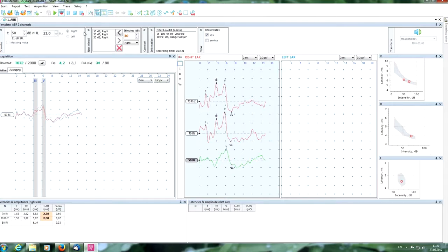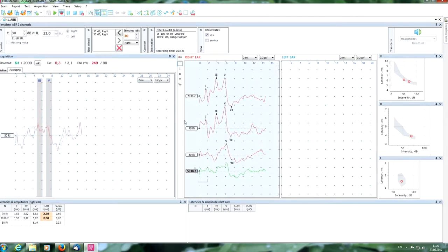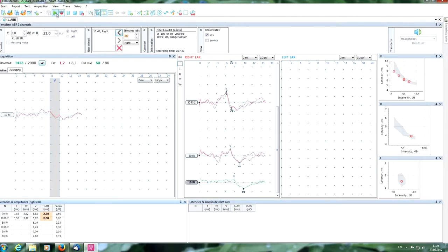Now we are getting the second cycle response. Put the markers again. As you can see, when we decrease the intensity, the latencies of the main peaks become longer and the amplitudes become smaller. It is normal. Also, we get some other curves. On near-threshold intensities, when you have any doubt if you get a response or no response, maybe some noise, you can